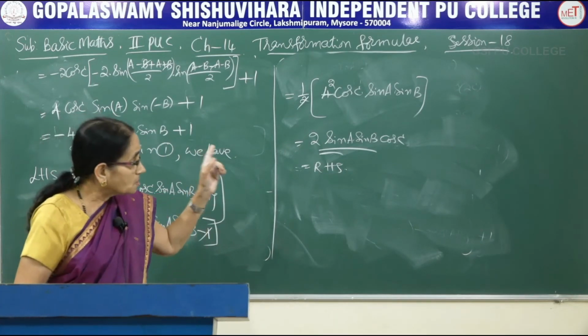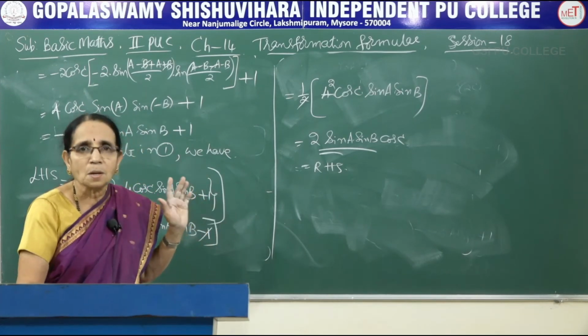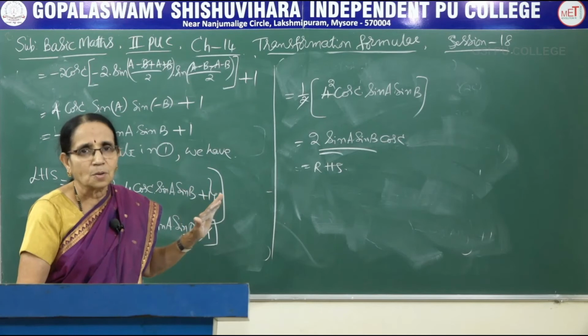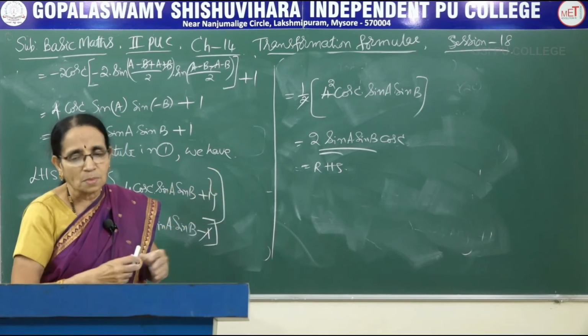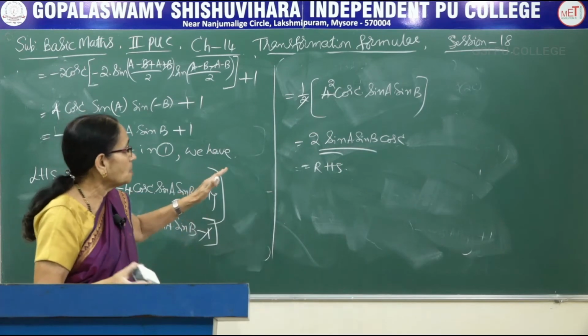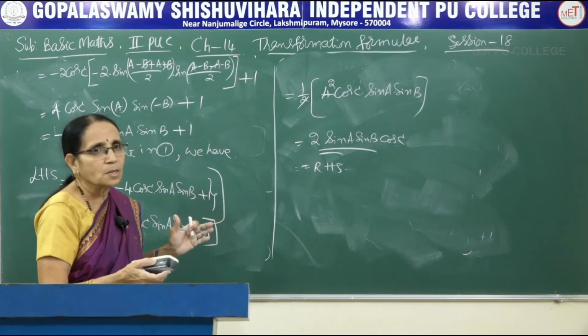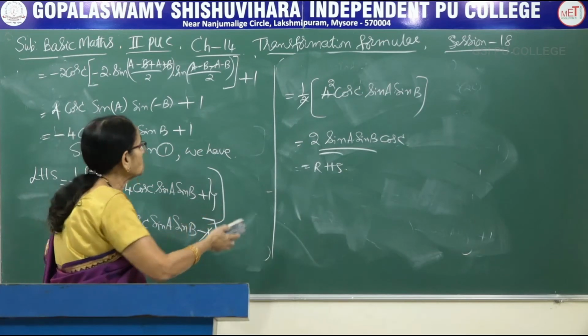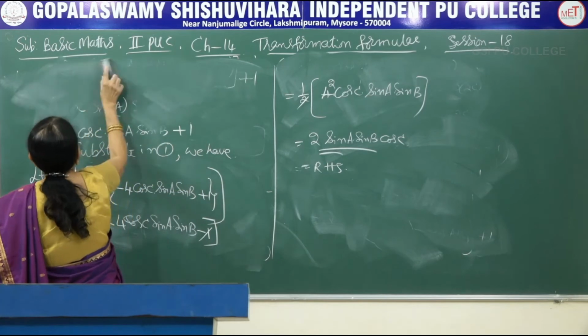So in such problems where we have the square terms, always use the multiple angle formula, rewrite that one, then the terms become linear. Linear means the power is 1. Then you can solve them. Take only that part of the left hand side and simplify only that one, then finally substitute in the left hand side part, and you get the required answer.